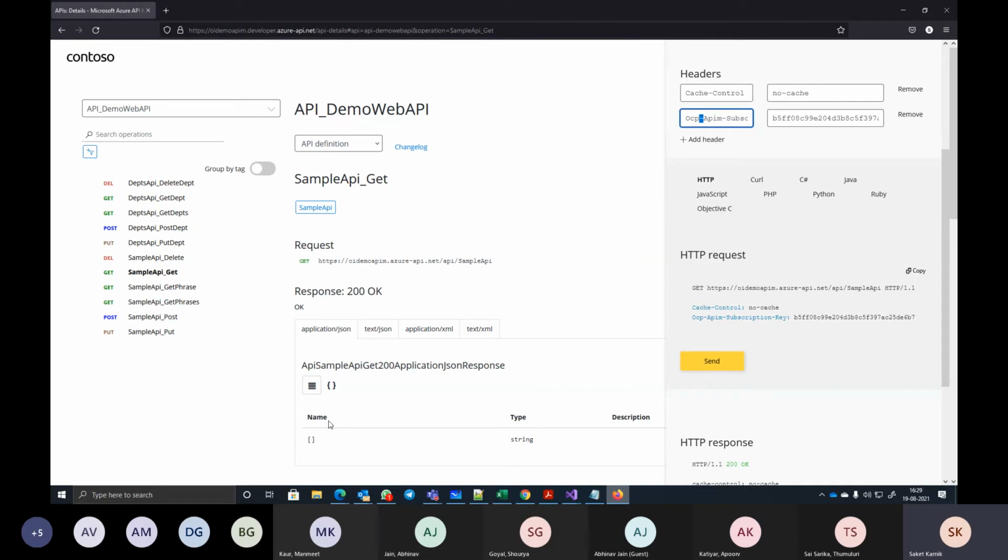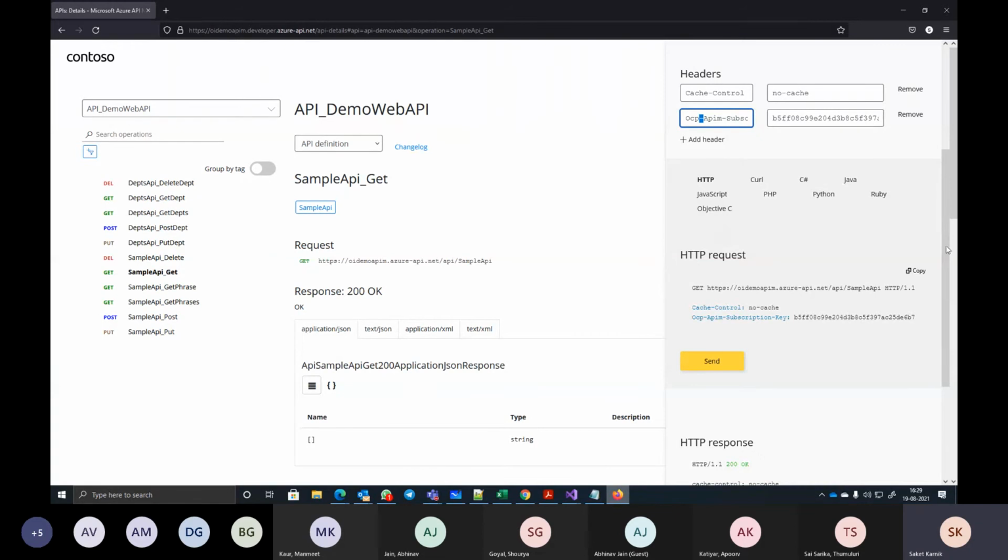Interesting or not? Practically in the backend, these are two different APIs, but with this API-M, I got it as one single API for me. I can create any mix and match of this kind. Understood? I can productize my APIs.